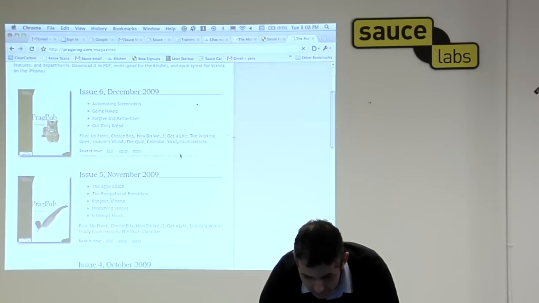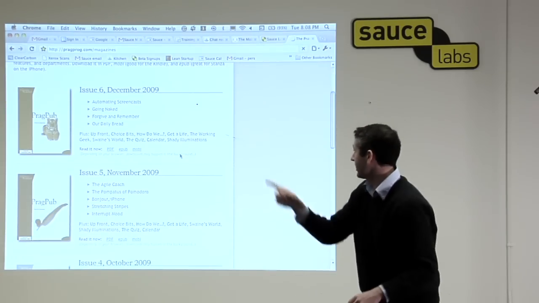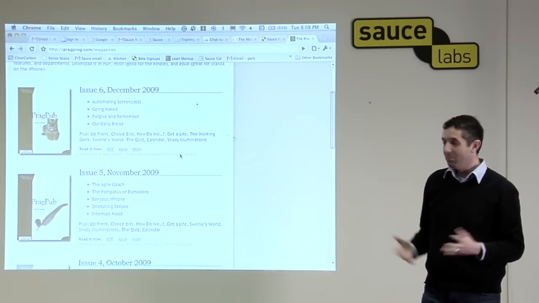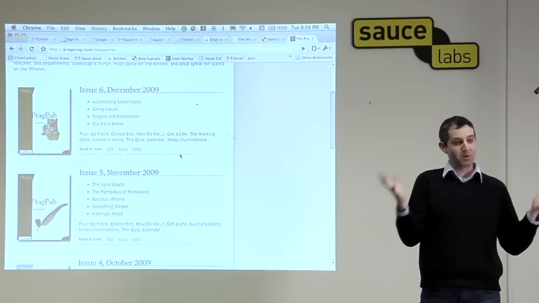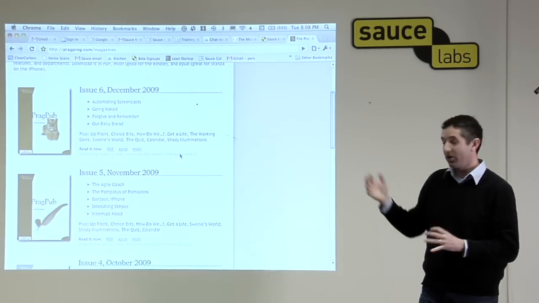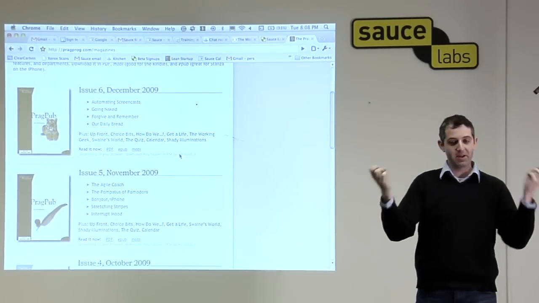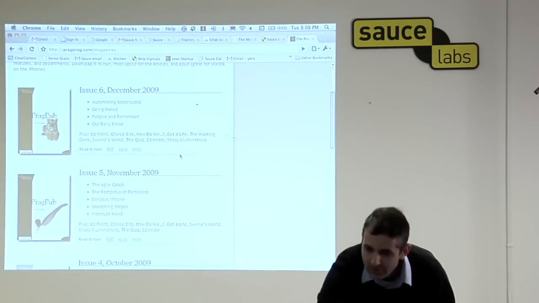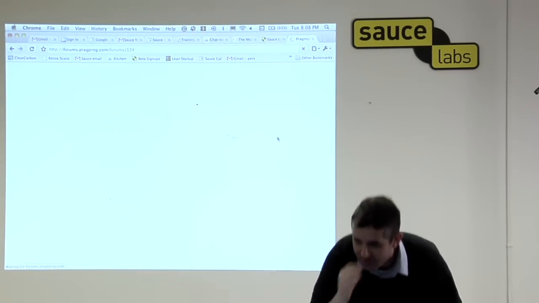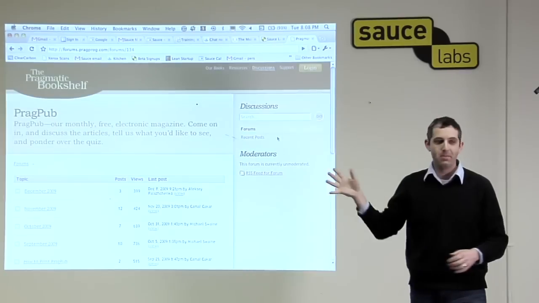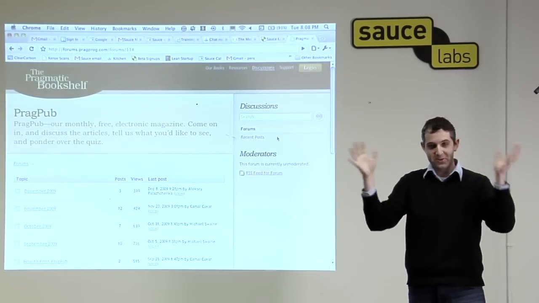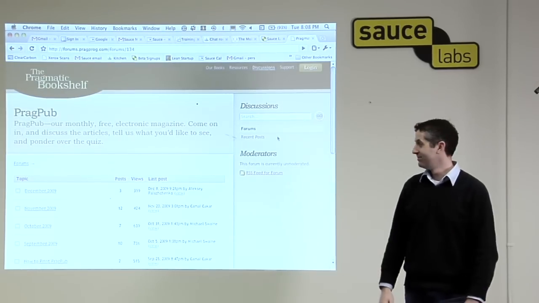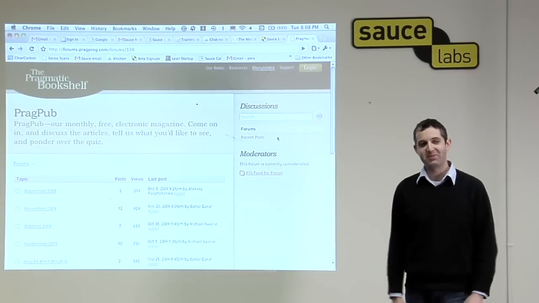Okay, so the second one looks very interesting, but the top one, automating screencasts. I wrote this article this month. The Pragmatic Programmers are putting out a little PDF magazine. I wrote the article, but no one's commented on it. So I got this crazy idea about talking about automated screencasting, and no one's told me I'm full of crap. So I dare you to go to this link, click Discuss the Magazine, and add a comment to say how wonderful the Star Wars George Lucas effect is about combining testing with screencasting, or just remain quiet, forever hold your peace.